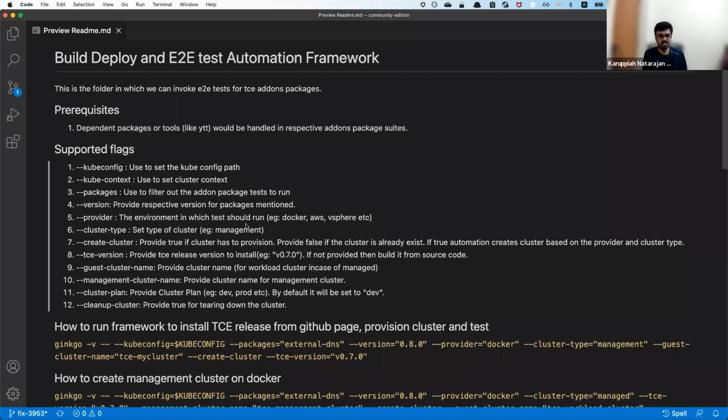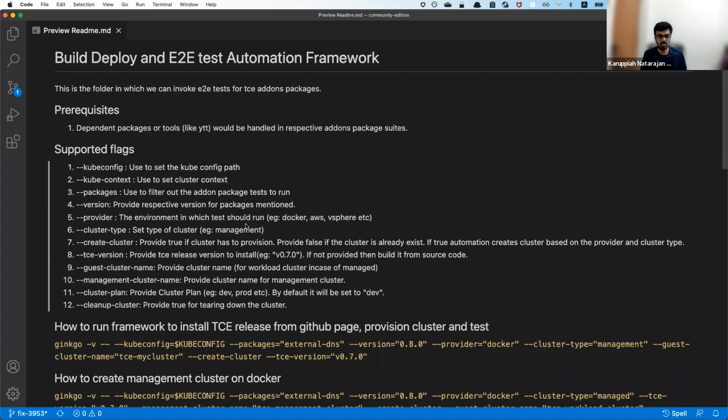And then version of the packages. So it's a bit weird, this thing though. We say which package and then which version. So if we say package A, comma, package B, comma, package C, then in version you have to say package A version, comma, package B version, comma, package C version. That's a bit weird. So I think a better way would be just to provide package and version number together, so that it's a single unit. Given a package, you mention the version of the package that you want to test. So package colon version or package hyphen version, something like that. And that's one idea.